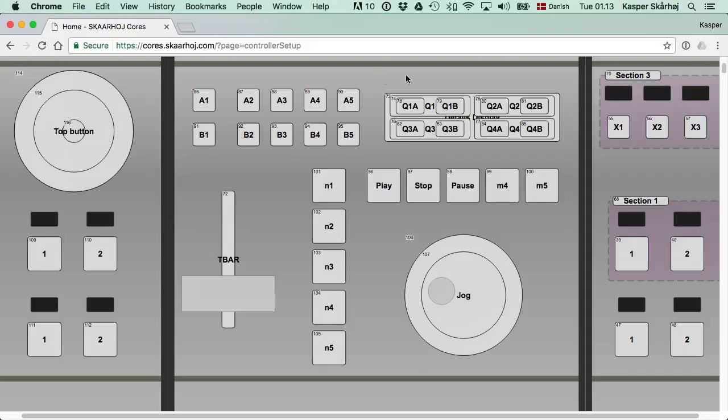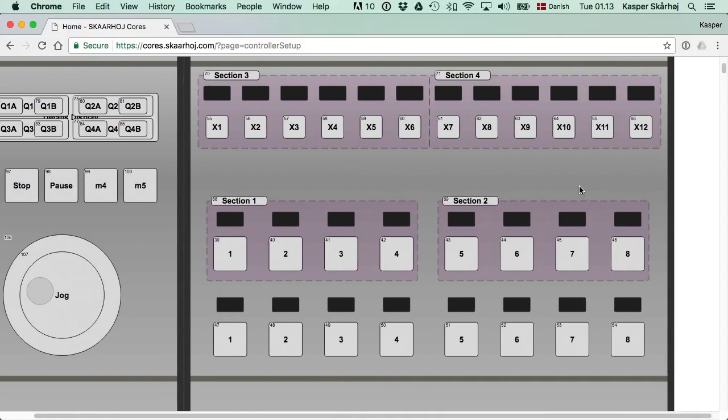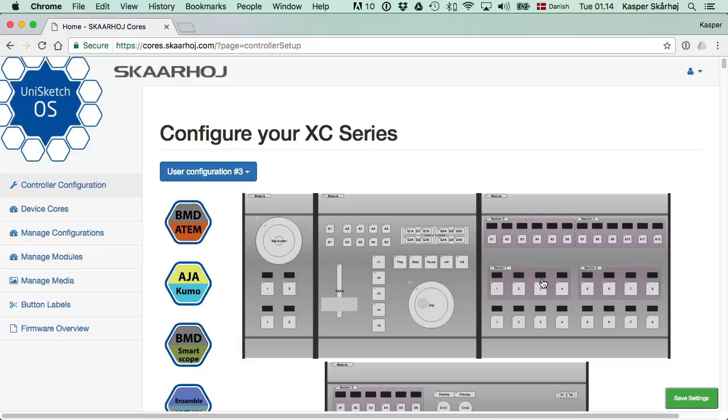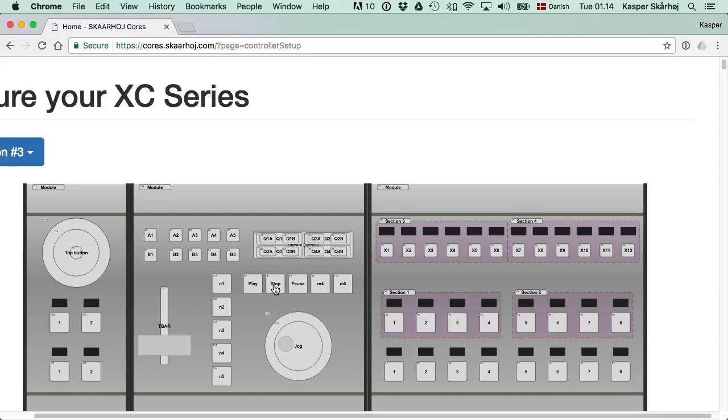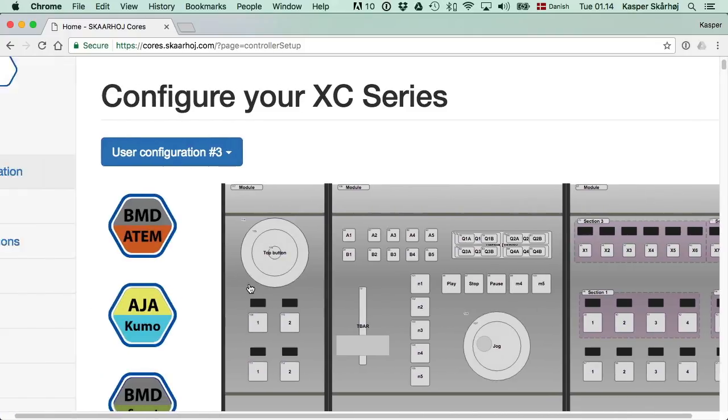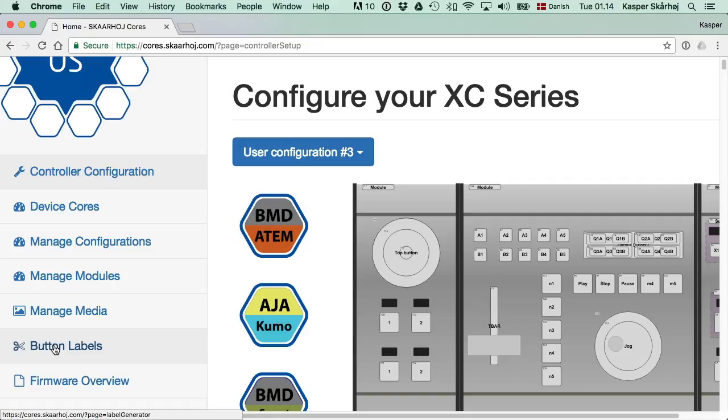We can also name any other component. We have some names like jog, T-bar, top button, which is a joystick, and some other buttons are just named X whatever. So changing these labels will mainly affect the web interface. What you see here, what you see in the local web interface of the controller. But in the case of the KP01 buttons, you will also be able to find a sheet of labels, a PDF file that you can print and cut out the labels from the transparency you've printed and put under the button caps on the XC8